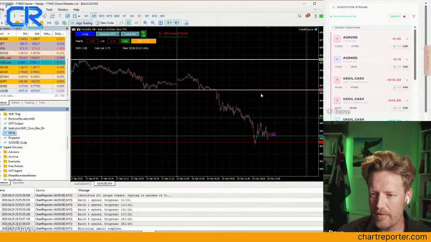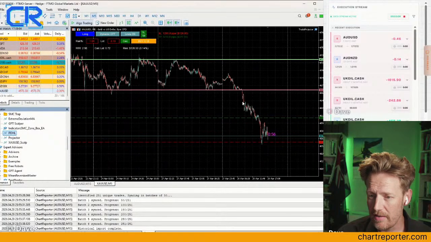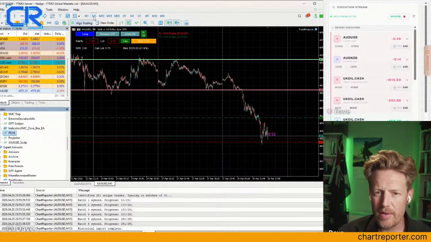Will it come up and retest? It looks like it might. It might retest over here. This is only on the M5, but we can see all day gold has been descending after ranging for some time. So let's